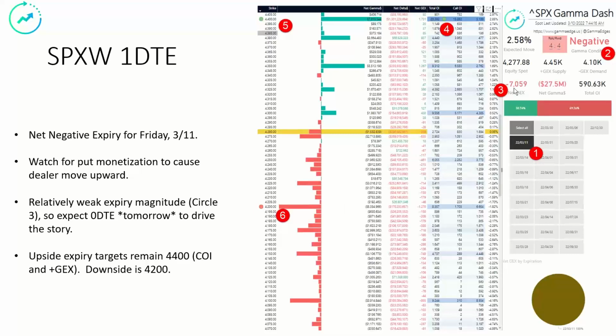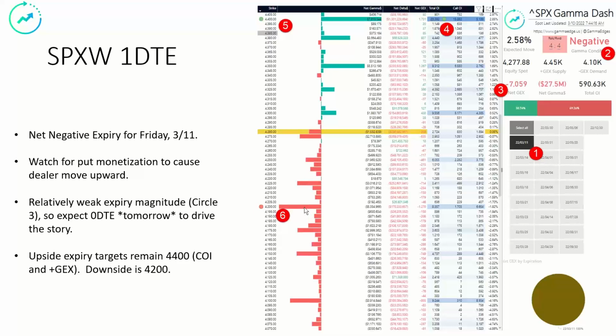Up here at circle 2, net negative, not a very strong level at circle 3. We do have a fairly dominant amount of calls that are expiring tomorrow at both, as indicated here at circle 4 and circle 5 at 4,400. Key level down here at circle 6 of 4,200 remains